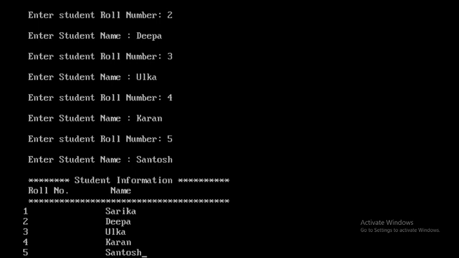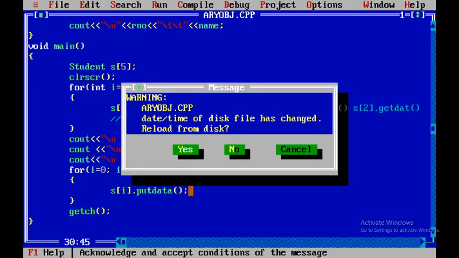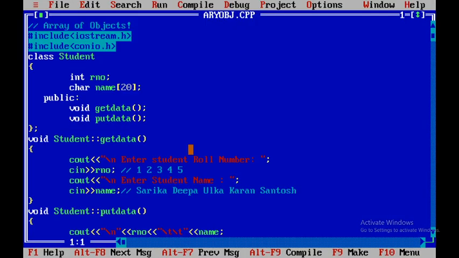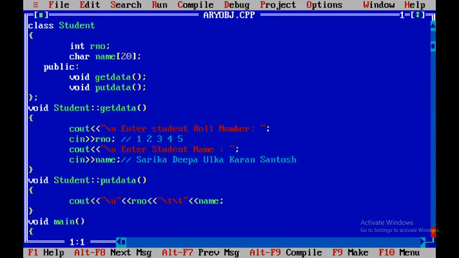Like this, we have displayed information for our 5 objects. So if we are using an array of objects, keeping track of these objects, to access this object or the list of objects, will be easy.